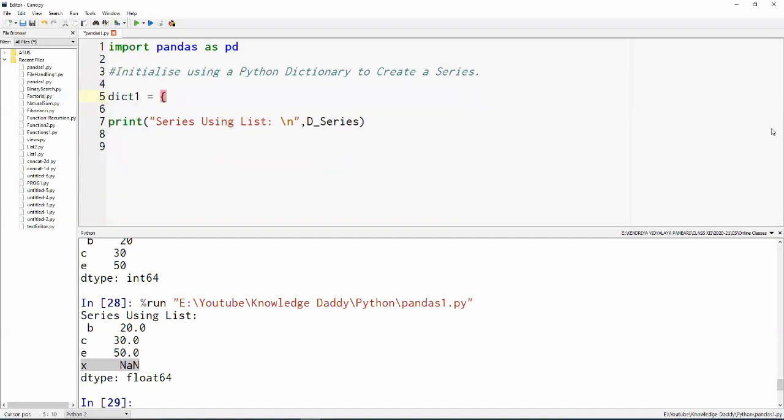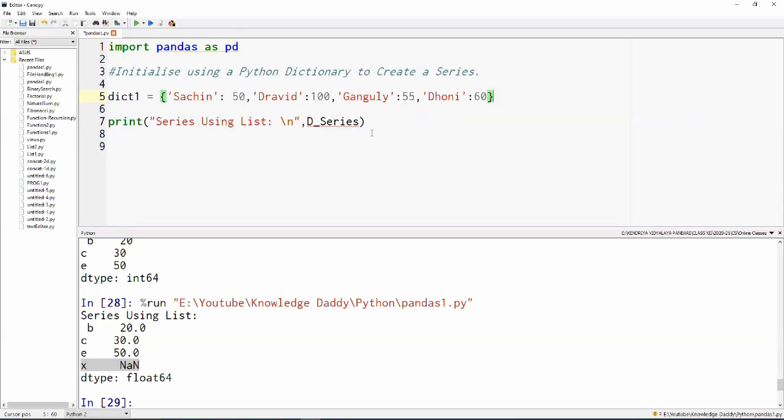dict1 is equal to a dictionary which contains the names of some players and the runs they have scored in a specific match.